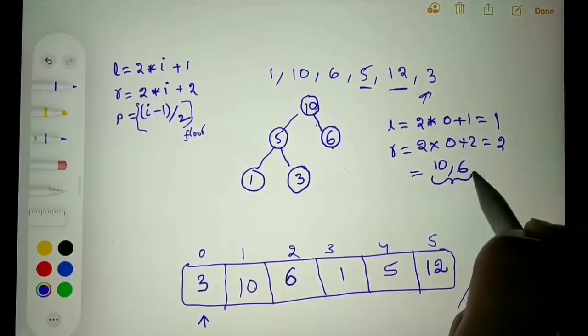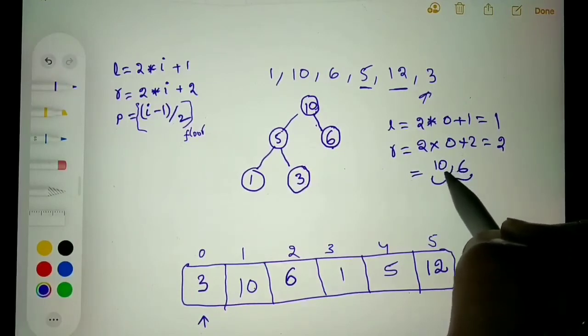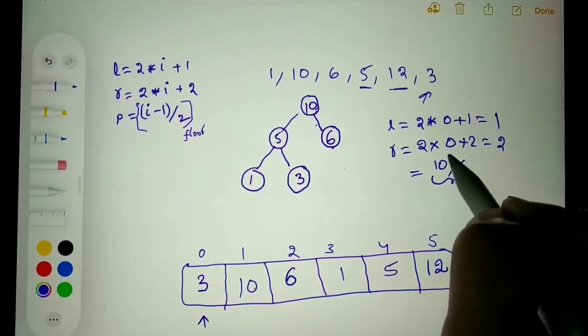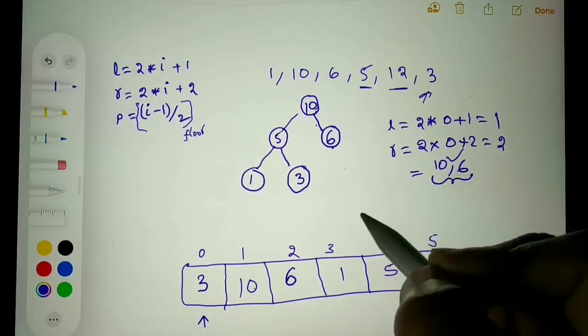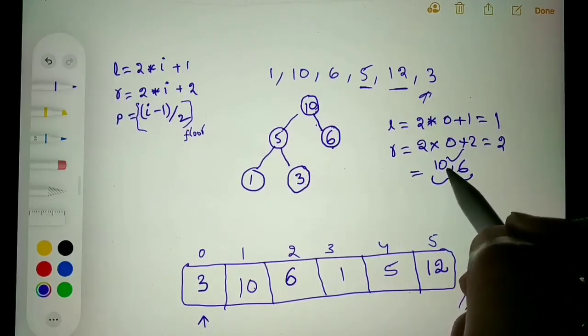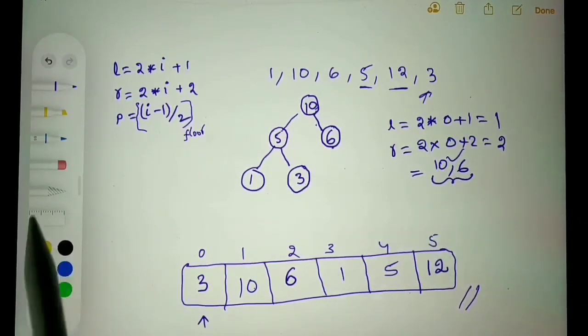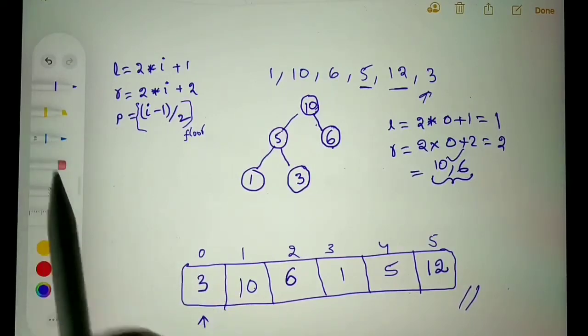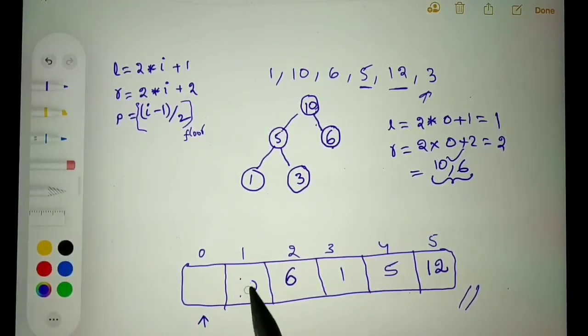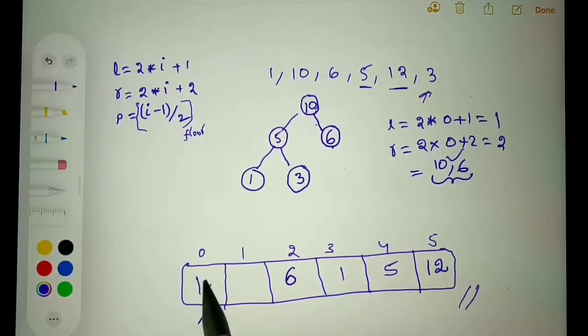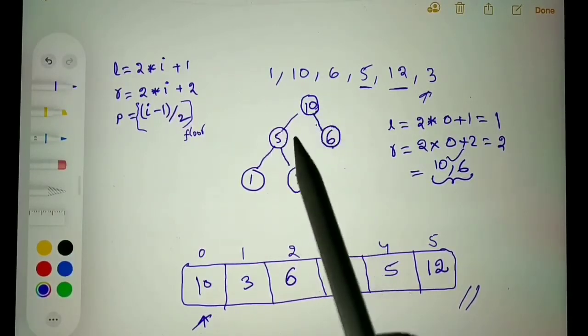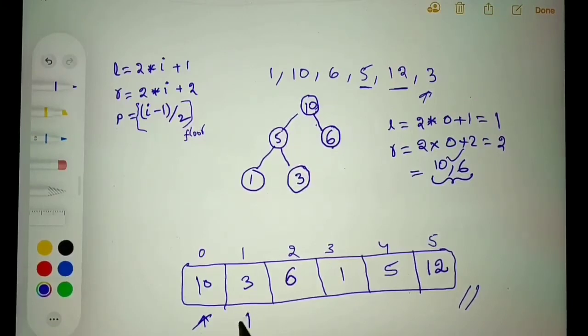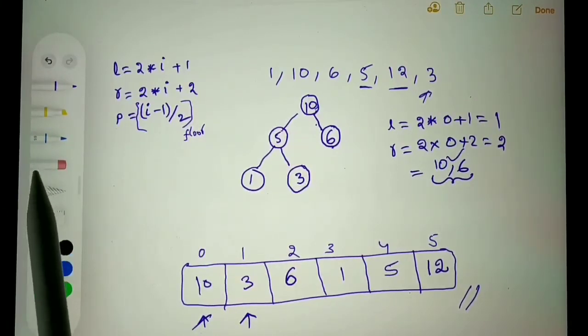So out of these two, whichever is maximum, we will swap it with that. And 10 is maximum. And so 3 is smaller than 10. So we will swap it with 10. Ten should come here and 3 should come here. And now we will not stop here. We will repeat the same process. That is what we have done here, right? So I will again verify from here.